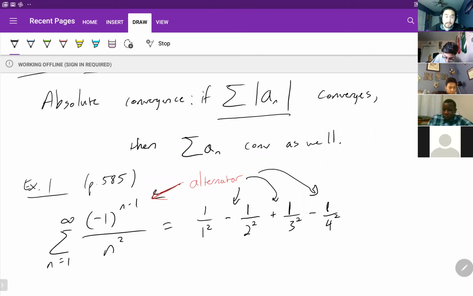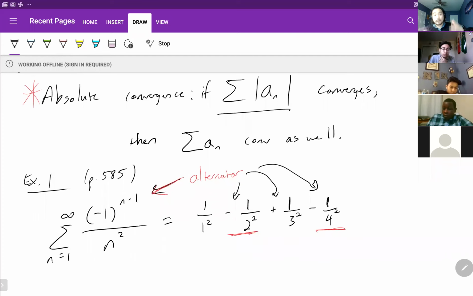And what this means is now we are playing with negative terms. This is what I meant, right? Before, we were mainly playing with positive terms. But now we're going to come across these negative terms and we want to know, do we use the same thing to prove them, or do we use something different? So this theorem about absolute convergence, we can apply to situations like this. It says if without the alternator the series converges, then with the alternator it will converge as well.